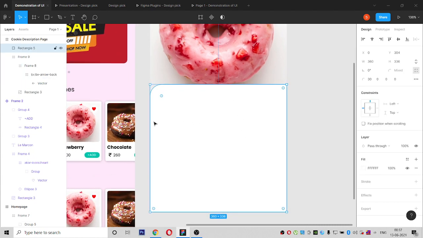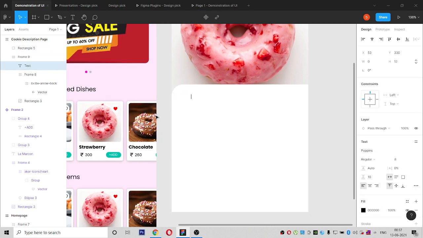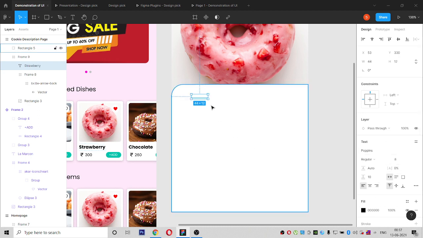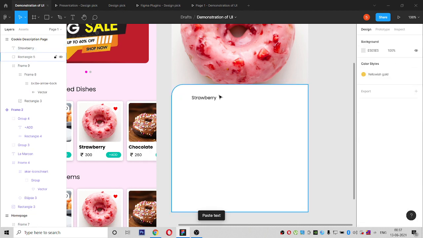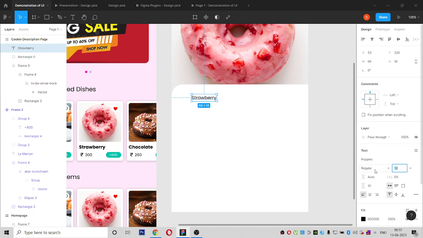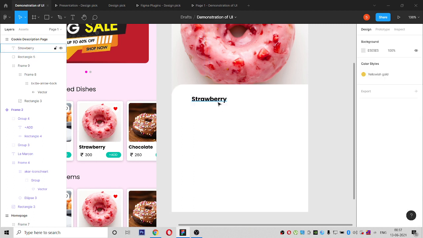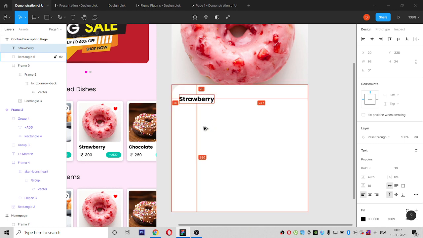Here, what details are required? First, the name of the product. What is the name of the product we have entered here? Strawberry. And we have to make this the front. Make it 12 or 16. Since it is a header, we can make it a little bigger and make it bold. 20 it should be.